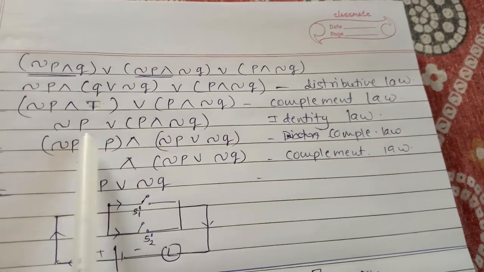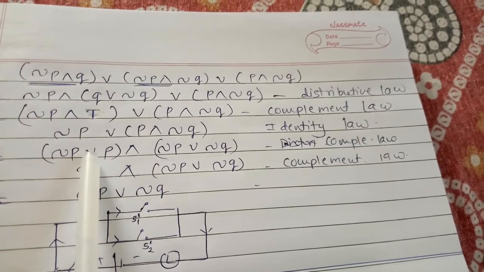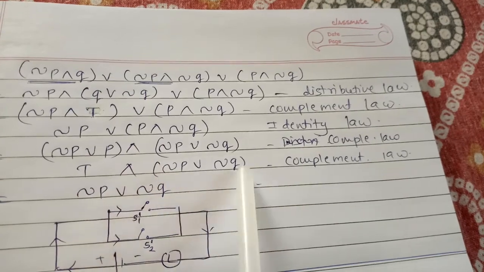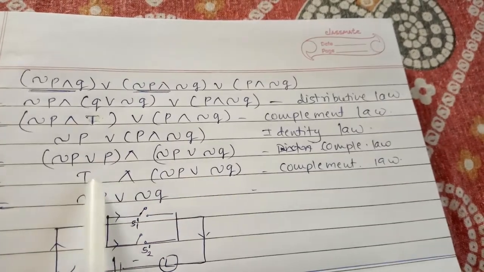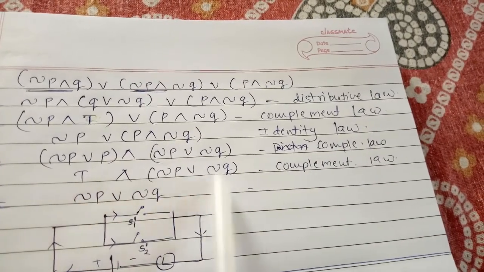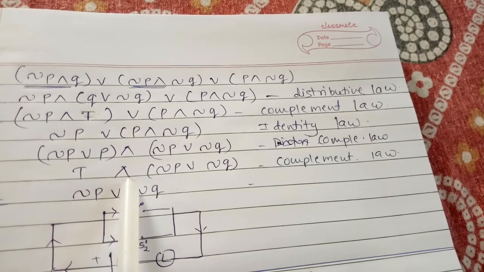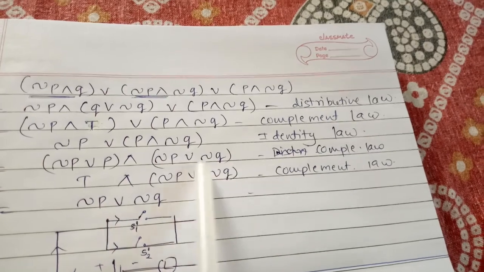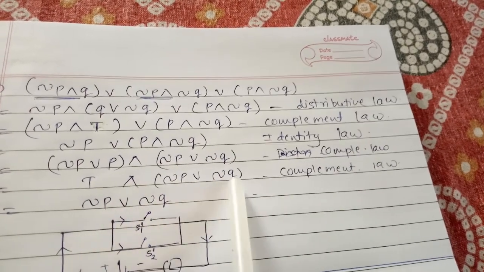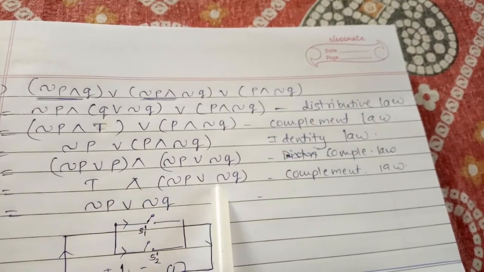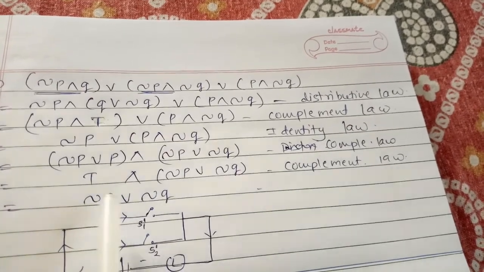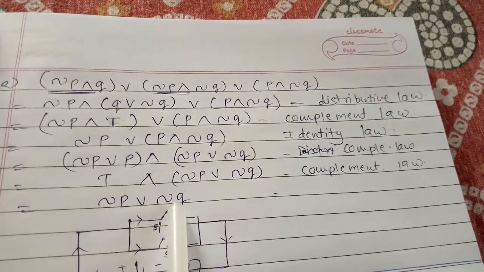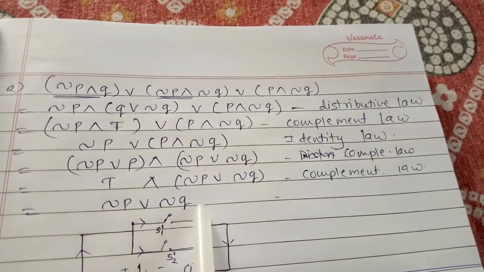Now what is the answer of this one? That is false disjunction true, then it is true conjunction, and the second bracket is as it is, and again by this complement law we get the answer, that is T conjunction P is always P. We consider this bracket as a P. Then if T और P के बीच में अगर conjunction होता है तो इसका आंसर P आता है, मीन्स हमें वो bracket मिलता है. So we get here negation P disjunction negation Q, means only two switches are there.